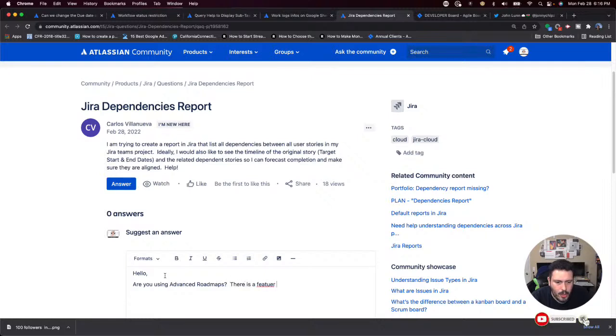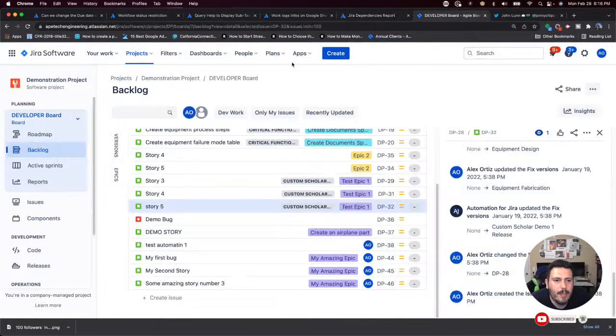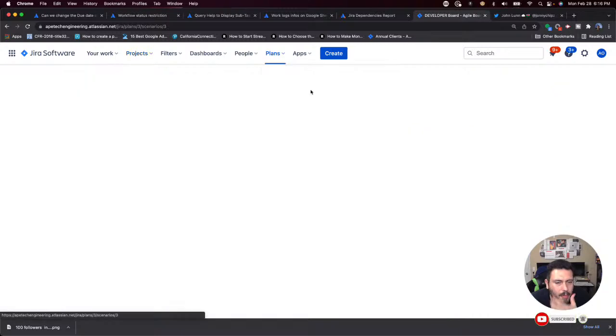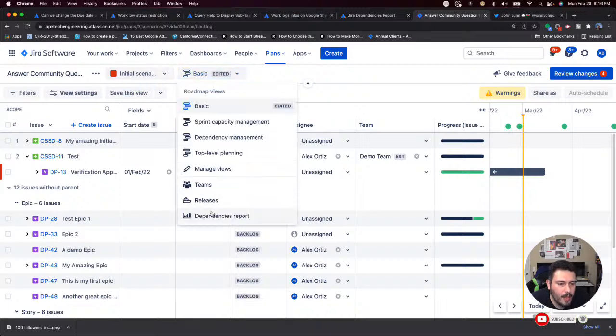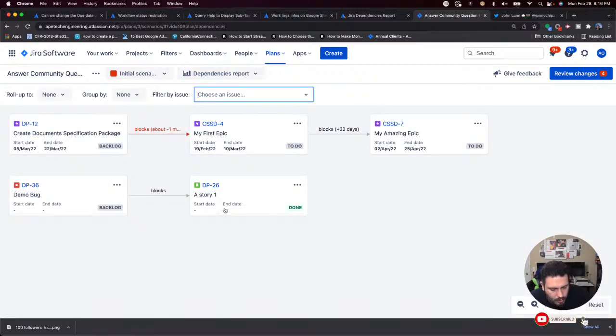There is a feature in advanced roadmaps, part of premium subscription, that should do something similar to that. All right, so I'm just going to hit, do I have any dependencies in my plans? I don't think I do. I don't think I do. But I do.